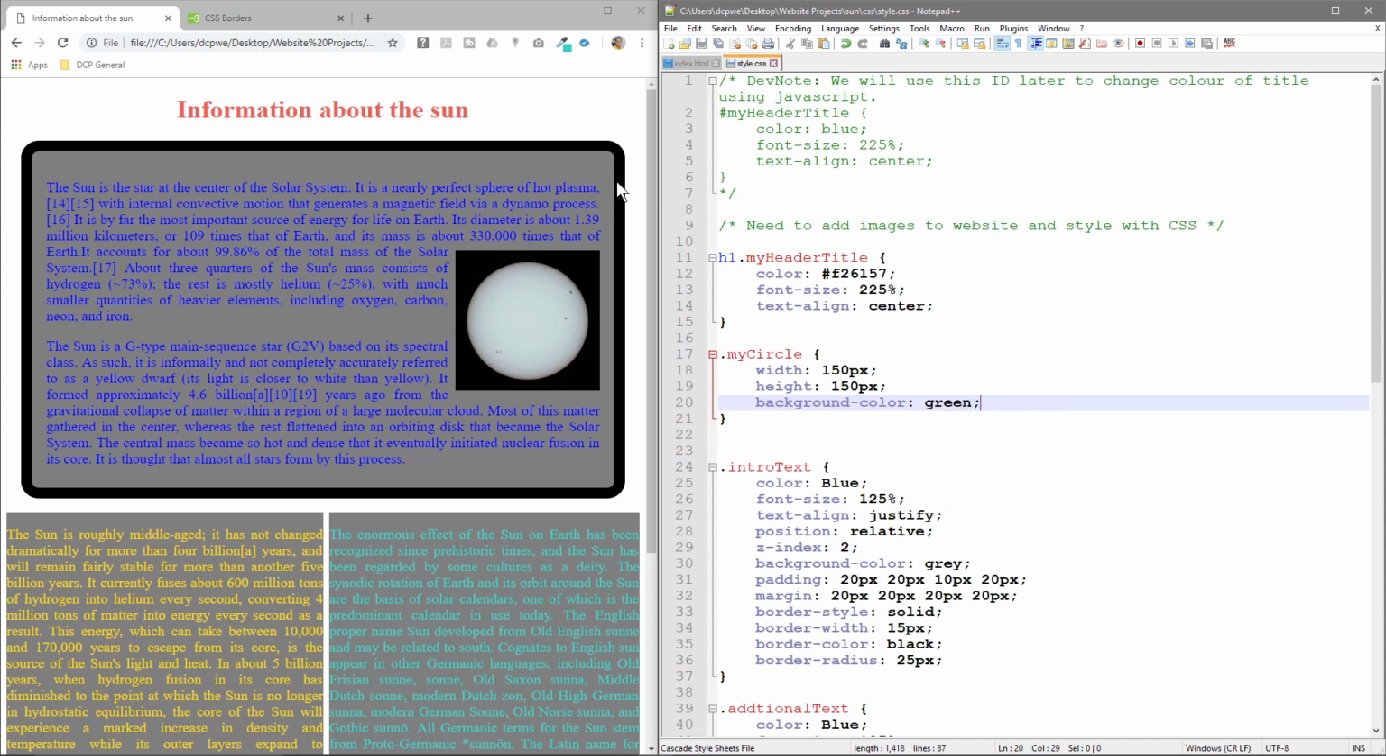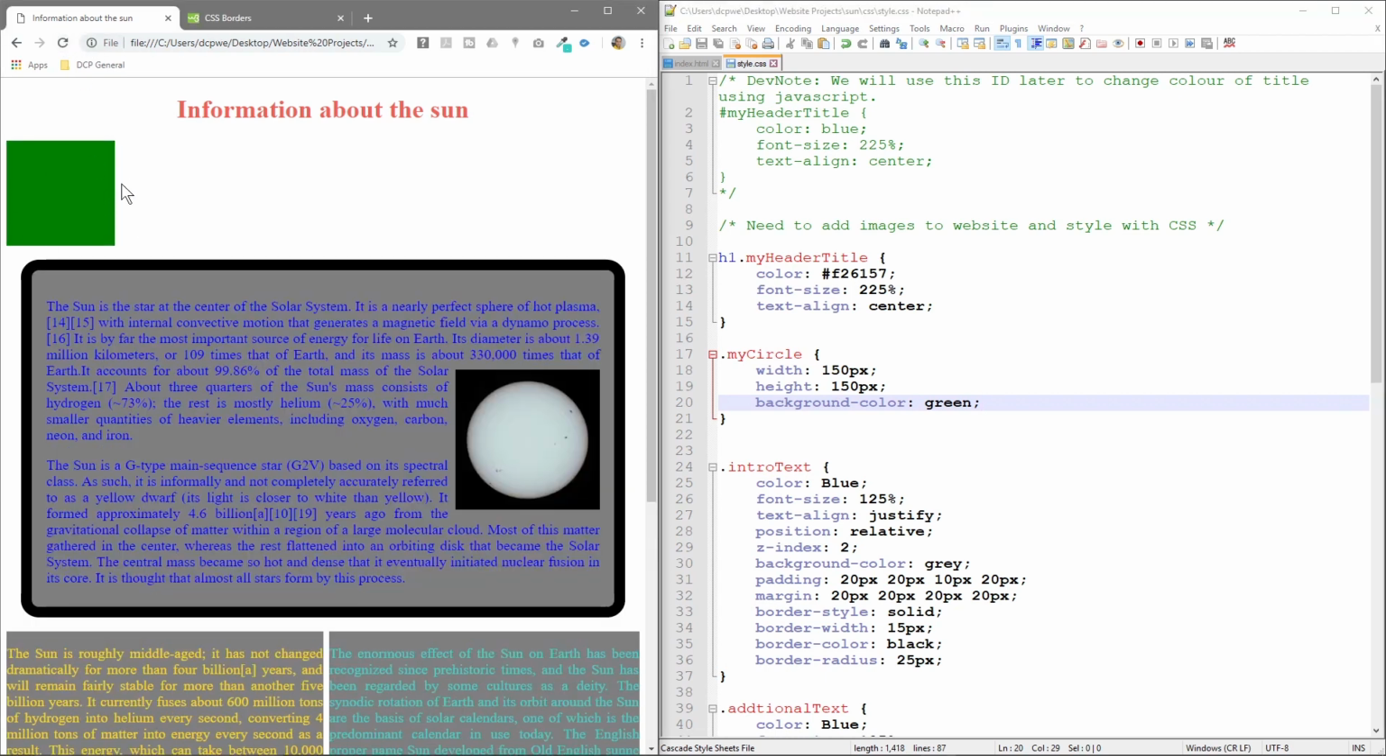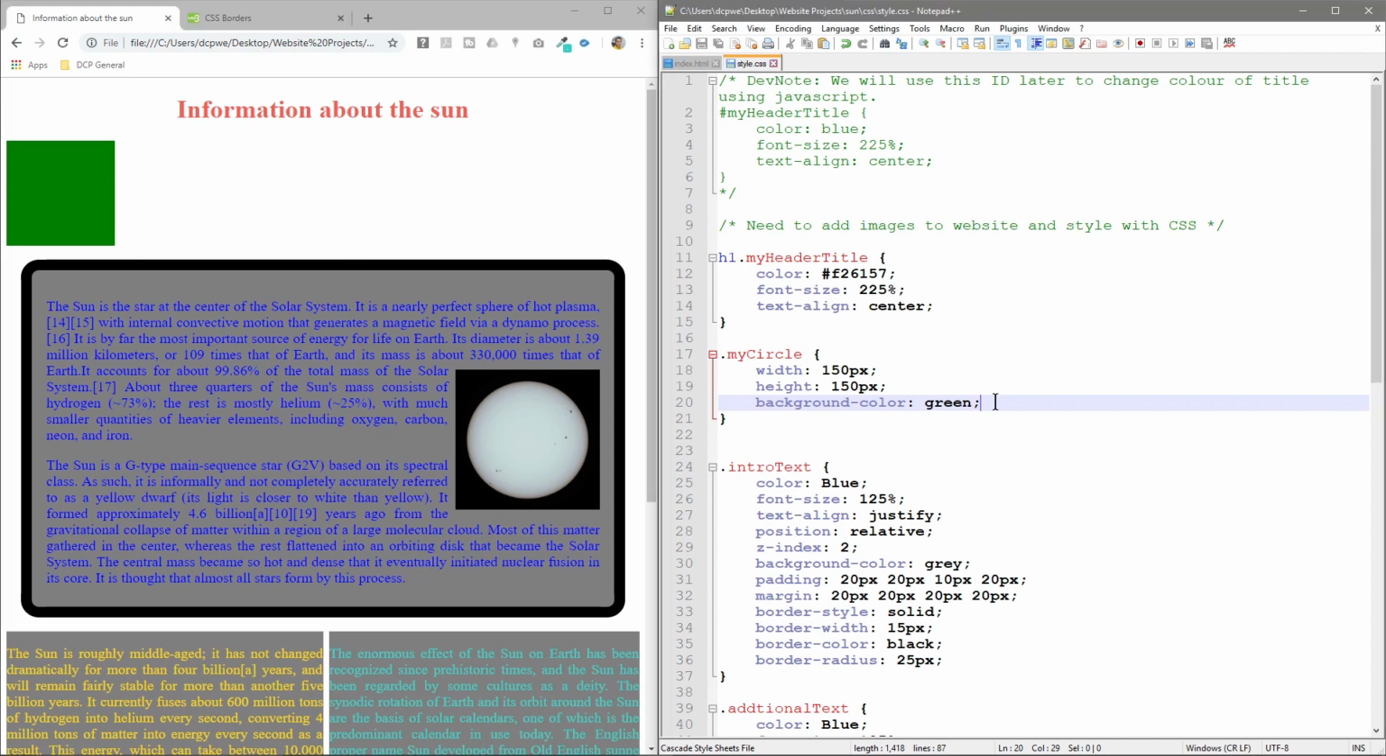So we've got the width, the height, and the background color. So in theory, we now see a green square. It's not a circle, it's a square. So we're going to make it a circle. Let's try and do that. So let's do something like,